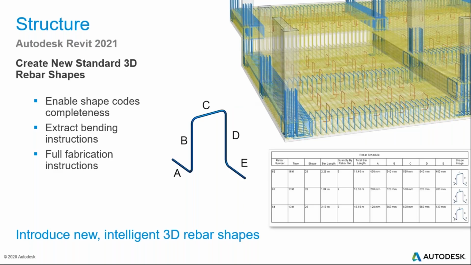Moving over to the structural enhancements. Again, another greatly requested functionality of having 3D rebar shapes, which extend in multiple planes. So specifically around these standees or chair rebars. So that is another key capability which has been incorporated. And again, you can enable all the shapecode characteristics for these 3D rebar shapes. And again, you can leverage the same information for preparation of your bar bending schedules, as well as your full fabrication drawing and fabrication details for the set of rebars.